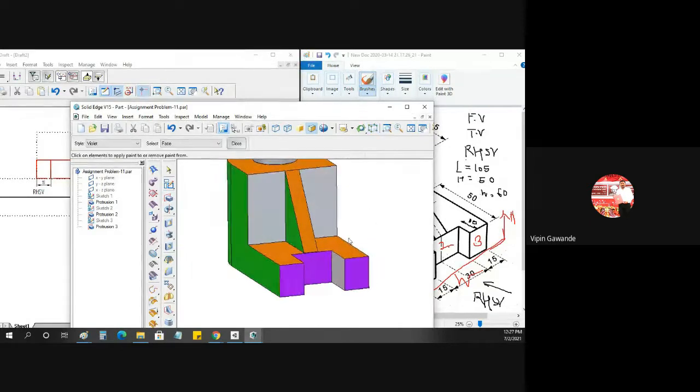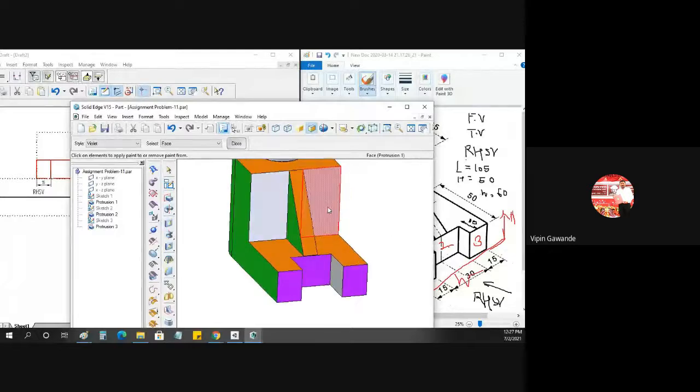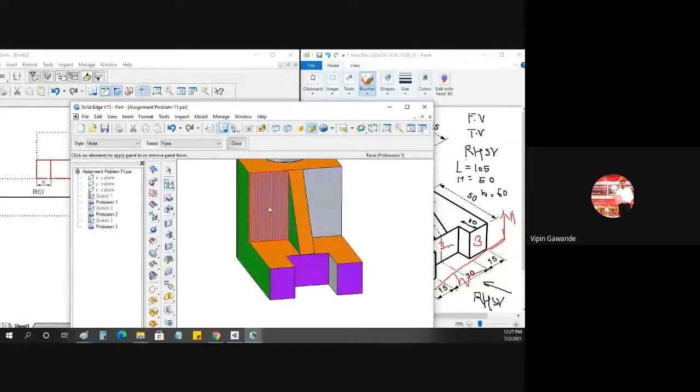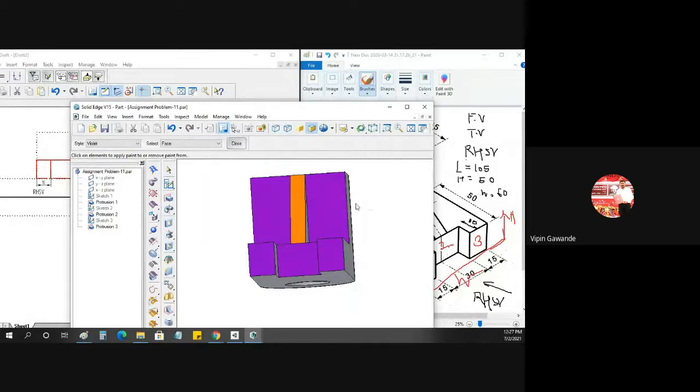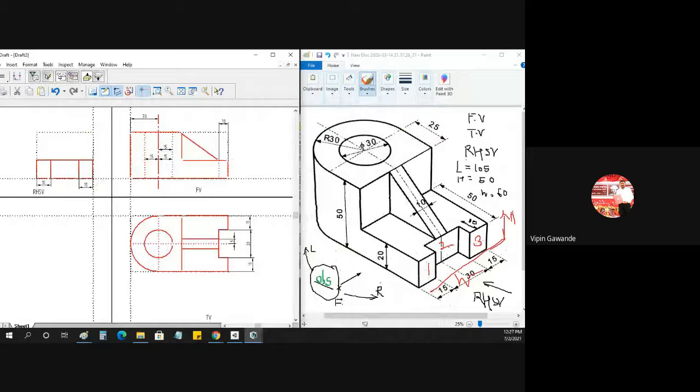So these three rectangles. This surface is not visible, because this surface is visible in the top view. Now, which surface is visible? We'll discuss this rib afterward. First, see the vertical surfaces. Now these two surfaces are visible. So which surfaces? 1, 2, 3 is over. Then this is 4, then this is 5. Then this rib is visible, 6. These are the visible surfaces.